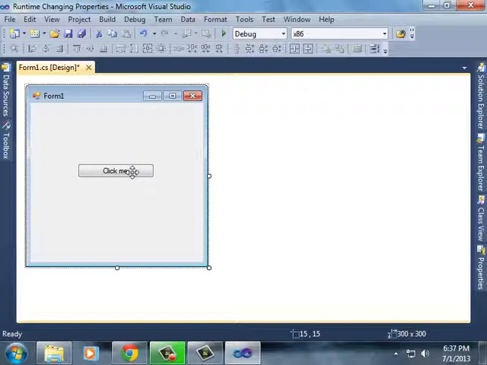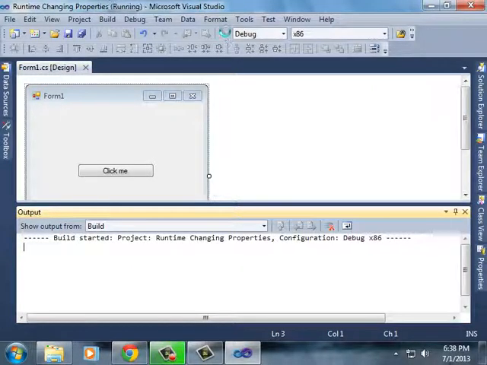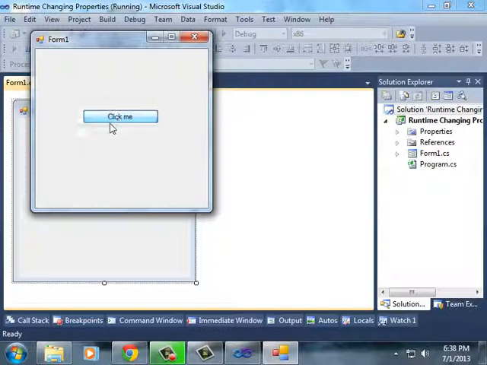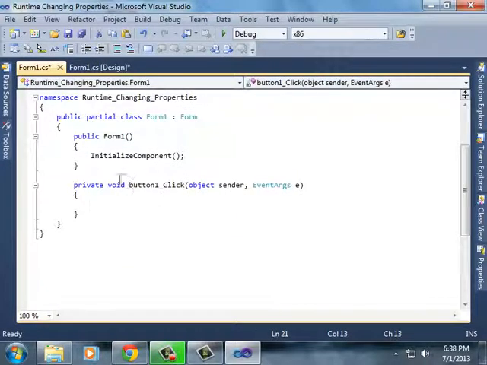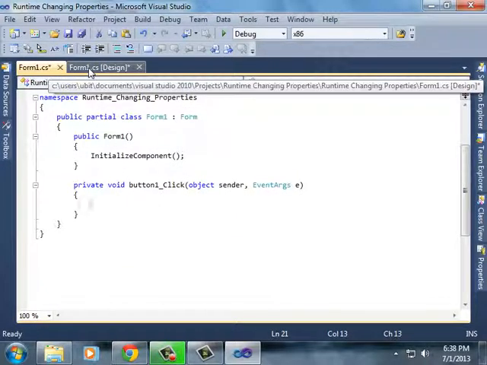For that, I have to first access it and change its properties during execution. I want to change the text property of this button. When I click this button, let's see what happens now. Nothing happens when I click it, but I will go to its click event to perform some actions that will be executed in execution mode.